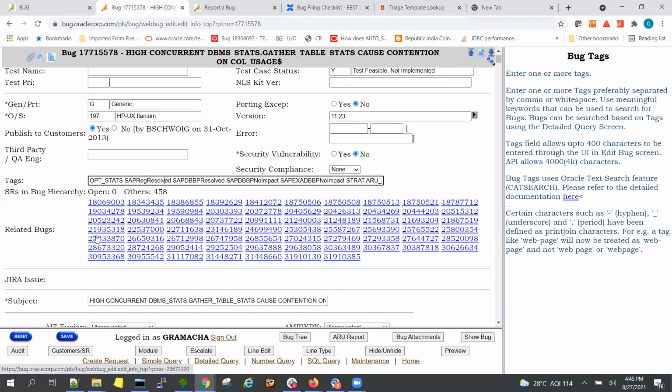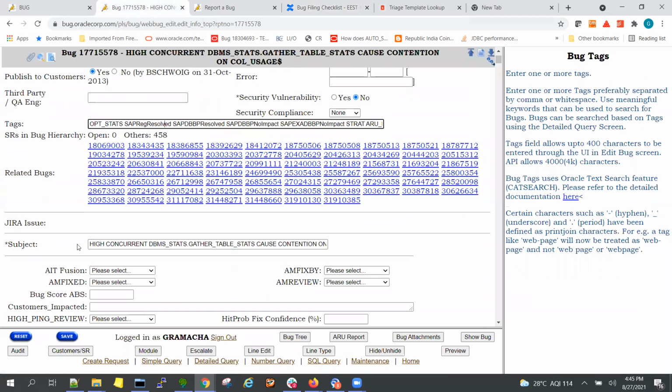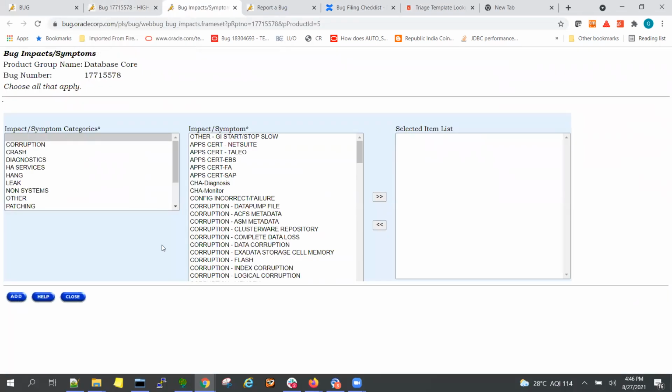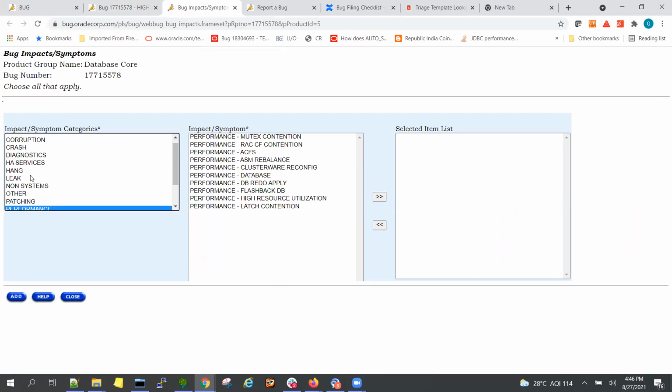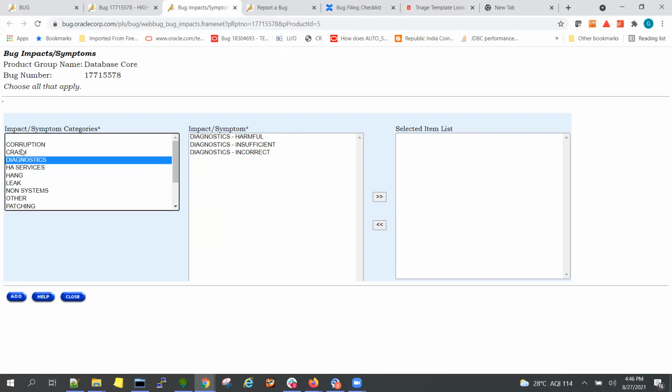Another important one is impact and symptoms. So now you have to click that one. Once you file a new bug, whatever it is, it will open like this. In this, you have to decide what kind of issue it is: whether it is performance, a hang issue, diagnostic related, or crash.